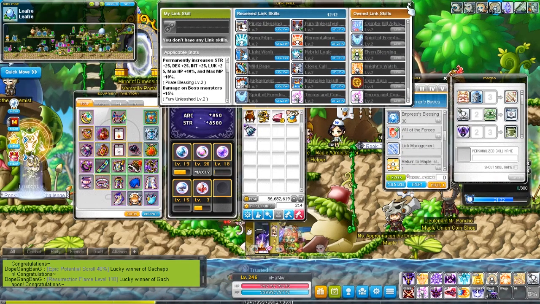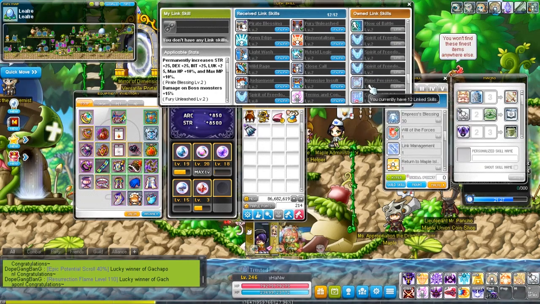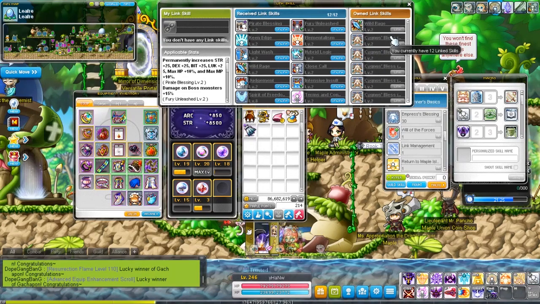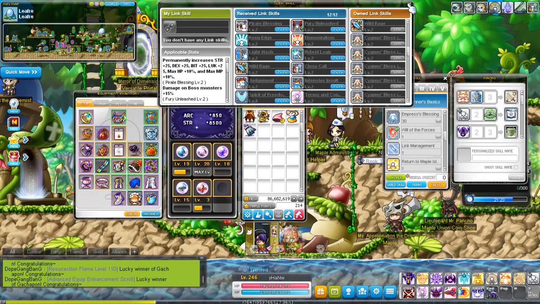It hasn't changed because, I mean, link skill is link skill. You always need link skill. Oh, I removed the Cygnus Blessing now because I think they're useless now. They're not that good anymore. They used to be great, but now it's still like